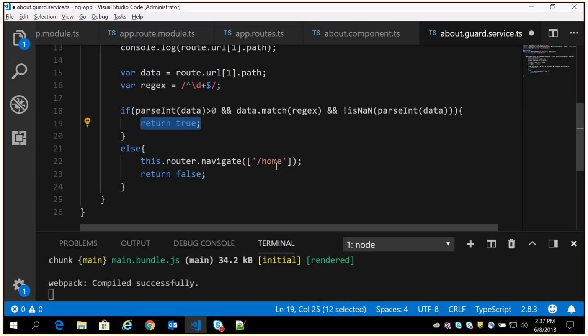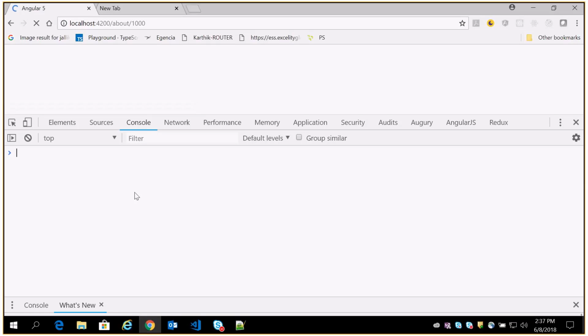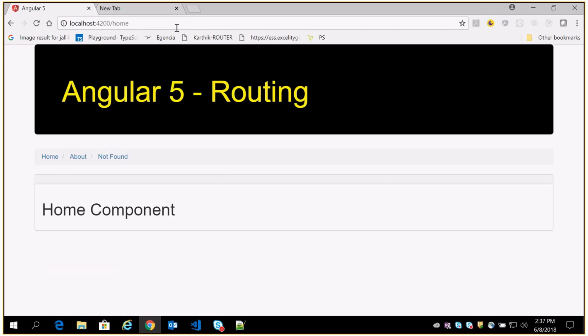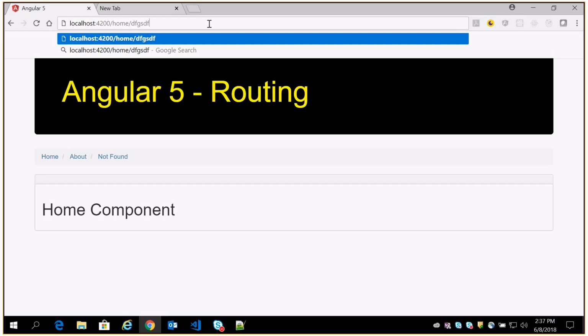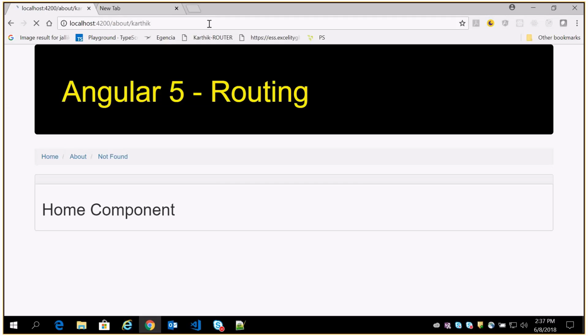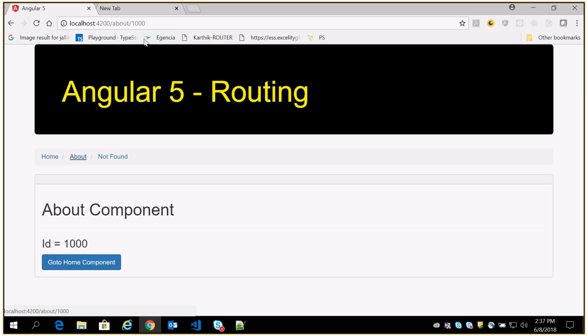Now see that. So this will match. What about a negative value? It should not. It should take me to the home page. Okay, what about home slash about slash Karthik? It won't. So this will be matched only if it is a number.